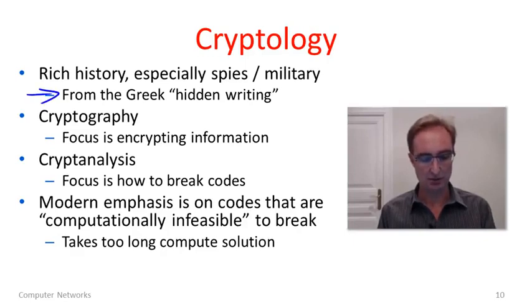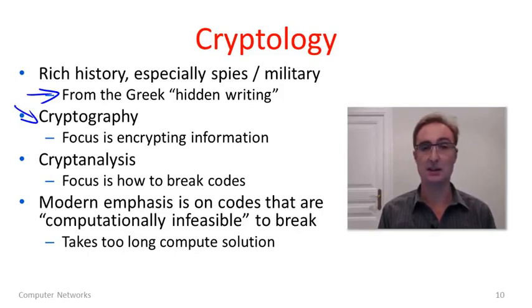Cryptology or cryptography comes from the Greek for hidden writing. So there are really two parts to it. The cryptography part is the encryption of information, coding information, you know, so you can send spy messages with no one being able to read them. The flip side of this is cryptanalysis. This is really breaking the code, so obtaining encoded information and possibly some unencoded information that goes with it, and really working out how the scheme works so that you can break it, and someone, like that eavesdropper, can successfully read messages.